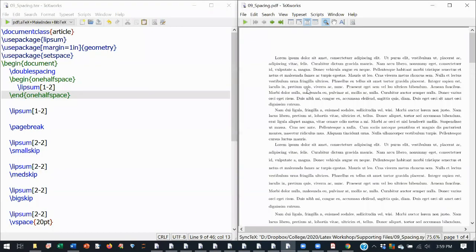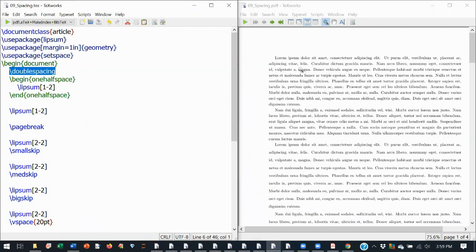You see, for the whole document I gave the command double spacing, and only for these two paragraphs I gave the command one-half spacing. You can also change like that. For a particular paragraph also you can change the spacing accordingly.